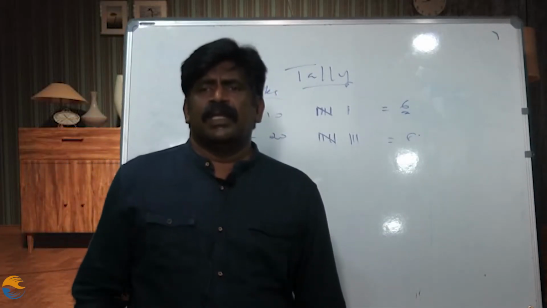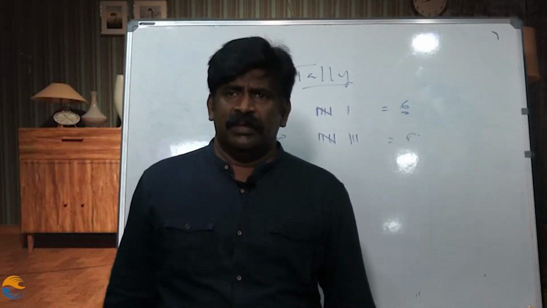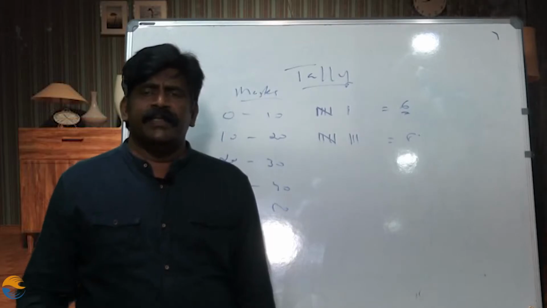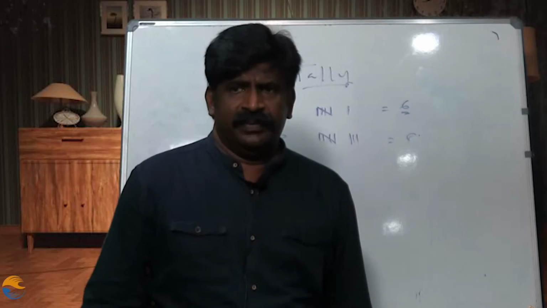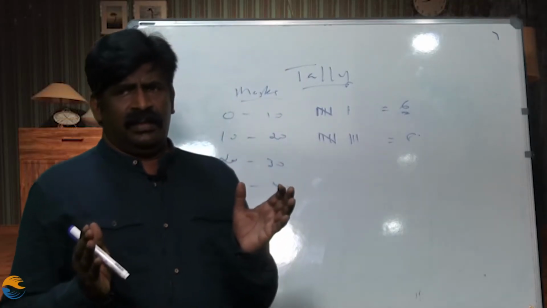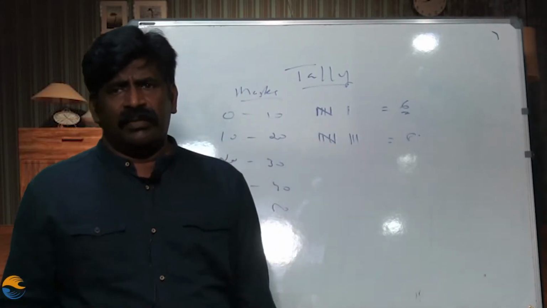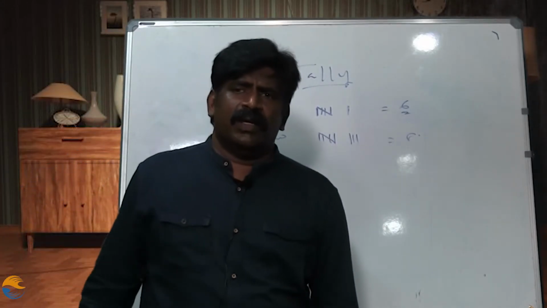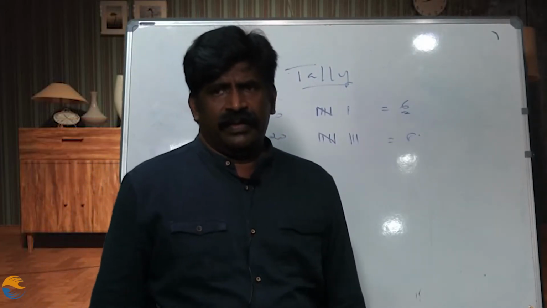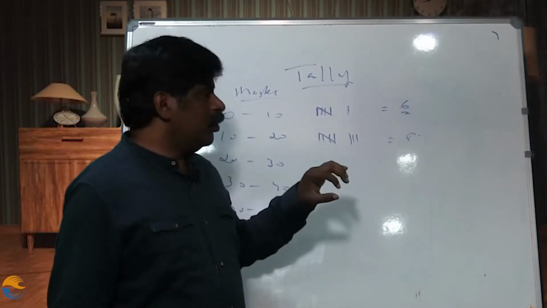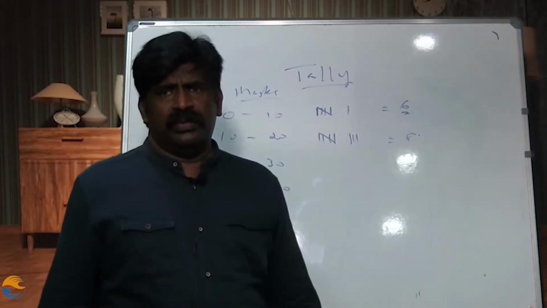Thus, tally marks can be used to denote the information collected. Each tally mark represents a particular data. And when it comes to 5, after putting 4 tally marks, the fifth will be put in a crossed manner. And it will become a combination of 5. So this group will become 5.